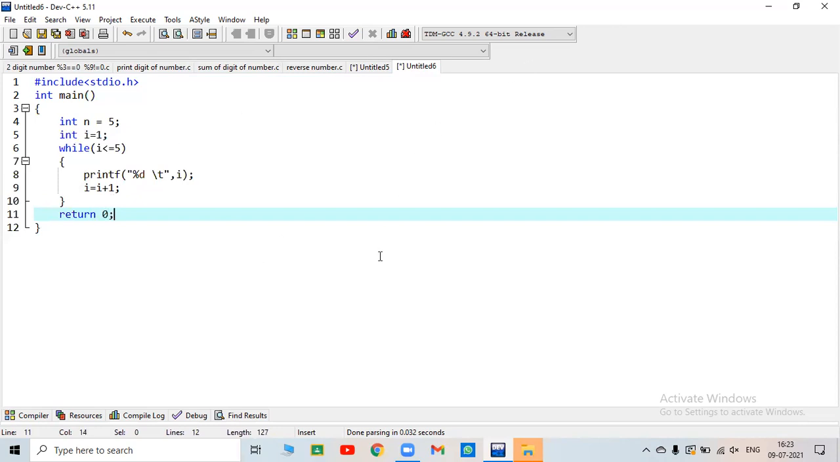Hello, can you say what will be the output of this code? Please respond. हमको बोल दो। 1 2 3 4 5 6 5